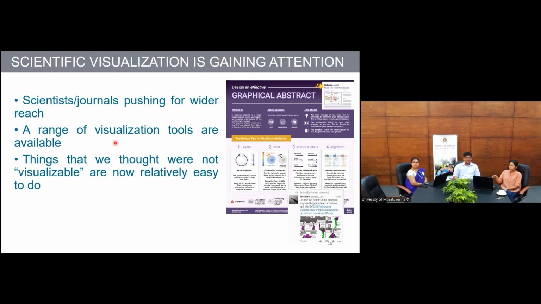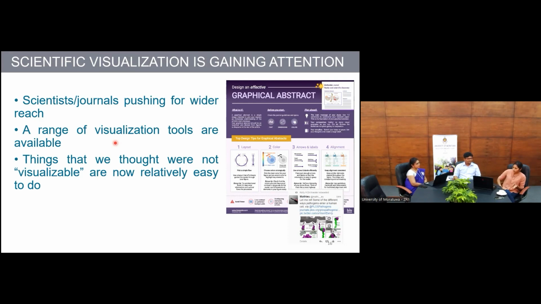And nowadays, a lot of people are taking to social media to promote their research. You don't want social media posts which are 1,000 words long. If you have one or two graphs or a single image, that would make your message a lot clearer than trying to get people to read through a 500-word abstract, for instance, right?